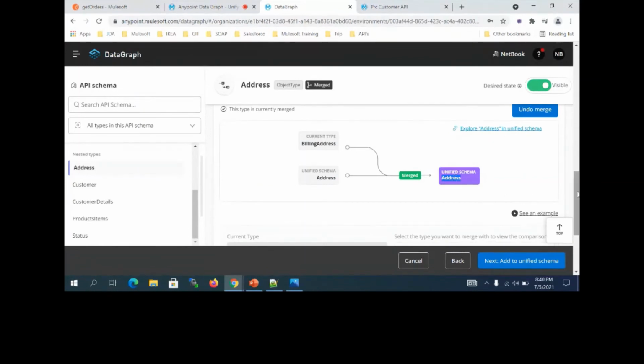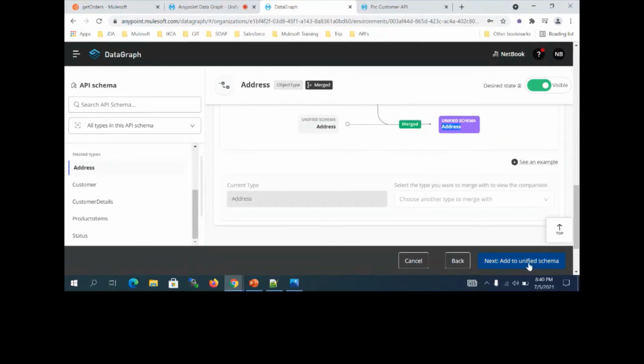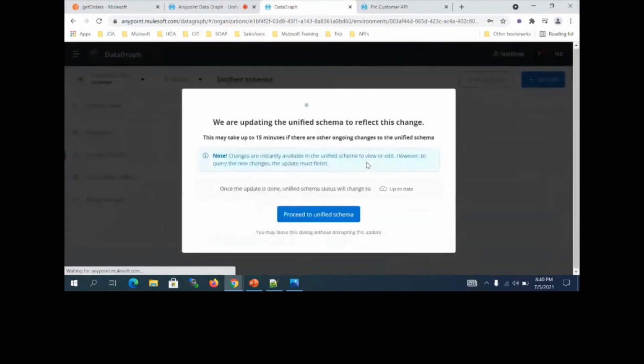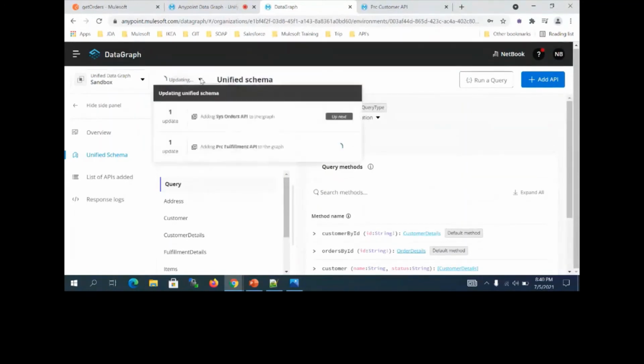Clear? So that is how we can link and merge the data types, and click on add to unified schema now. So now it is going to add the linking data types as well as the merging data types into your unified schema. Now I'm sure it is going to take a couple of minutes again. So you can see it is adding your system order API to the graph.